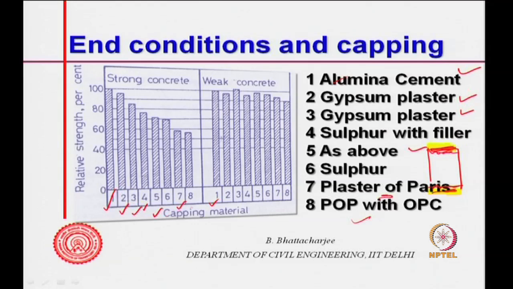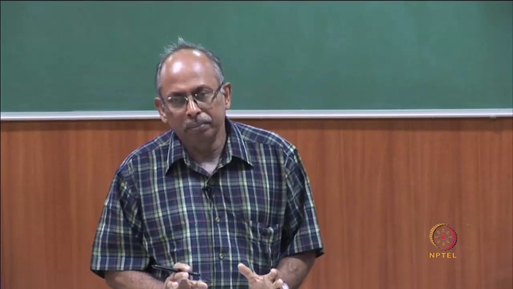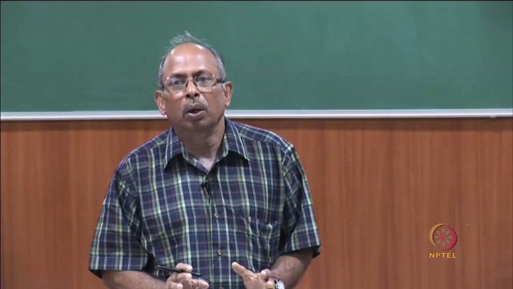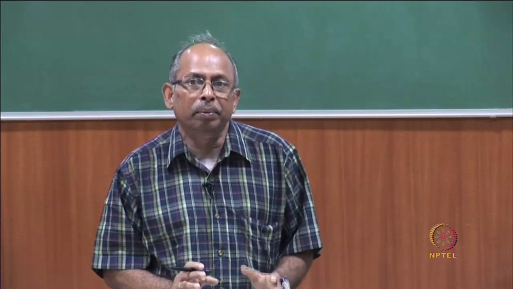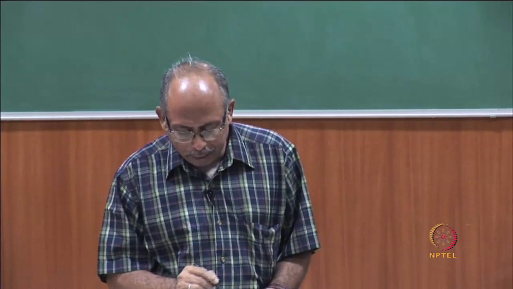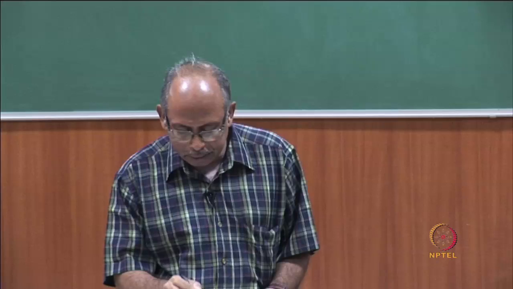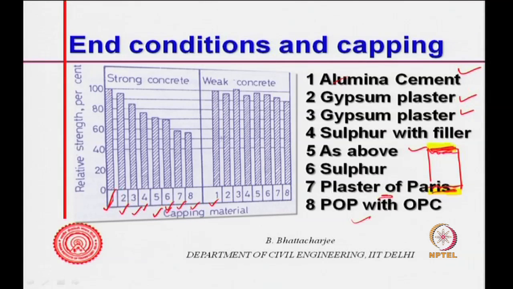So, plaster of Paris is this, ordinary Portland cement is here, 6 is sulfur, 5 was the same as sulfur with filler, and 6 is pure sulfur. So, you see, if you have different capping materials on the same cubes or same cylinder, and you look at relative strength, if I assume that high alumina cement gives me 100% strength, for strong concrete it goes on reducing with the capping material,